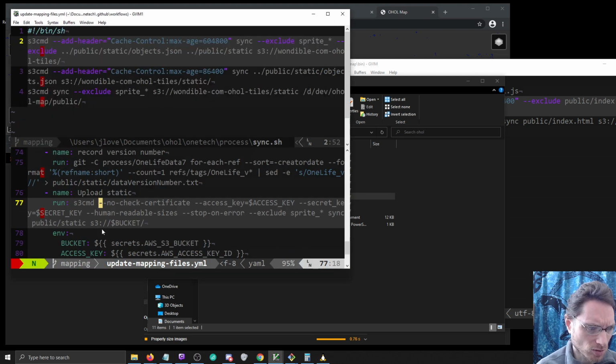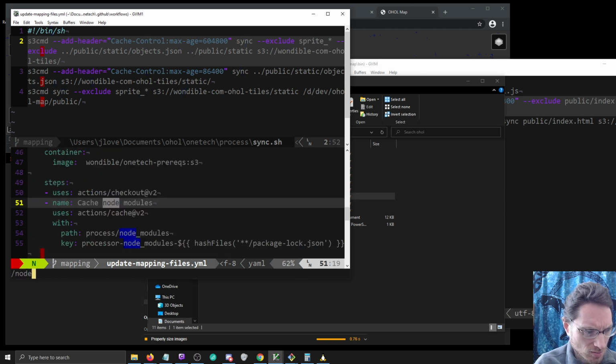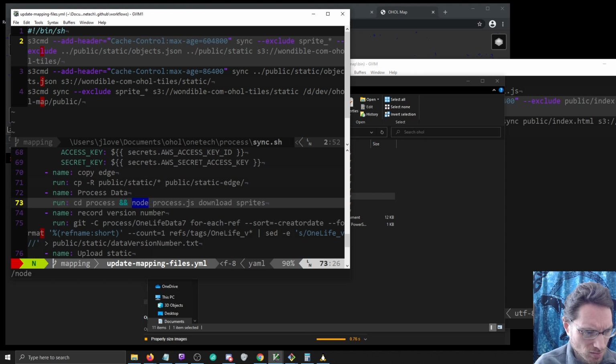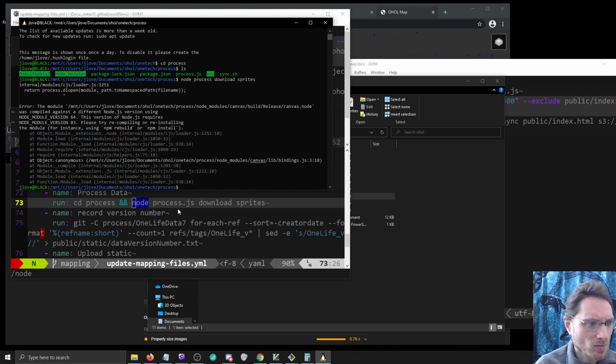What's my normal update command? Node process download sprites. It's compiled against a different version. Oh, maybe I,